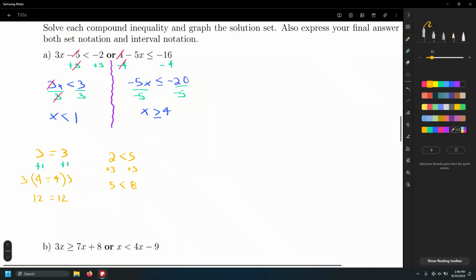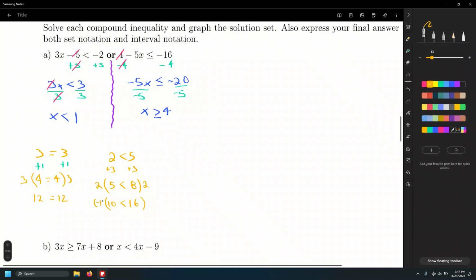Now, what if, can I multiply by a number? Well, let me multiply both sides by 2. All right? 2 times 5 equals 10, which is less than 8 times 2, which is 16. And again, we keep getting a logical sentence. It's still true that 10 is less than 16. However,